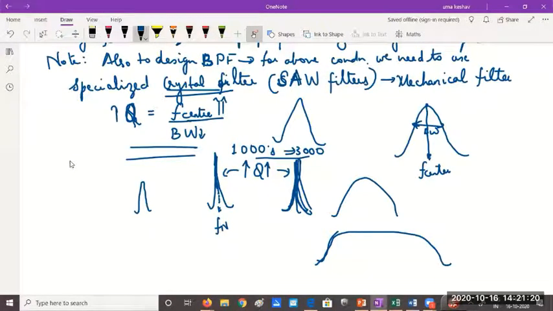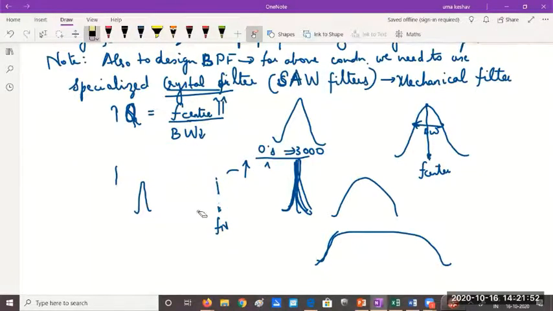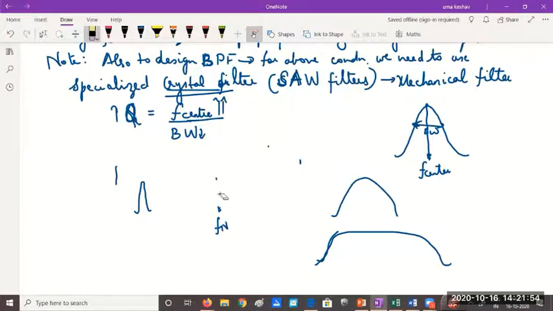So for our SSB-SC signal, frequency discrimination method, I have two sidebands which are very closely placed. So if I have a filter response like this, very sharp response, it would be possible for me to filter out one sideband, right? That's why we say we want highly accurate surface acoustic wave or SAW filters to do this job. And I hope you understood what is the meaning of Q factor.